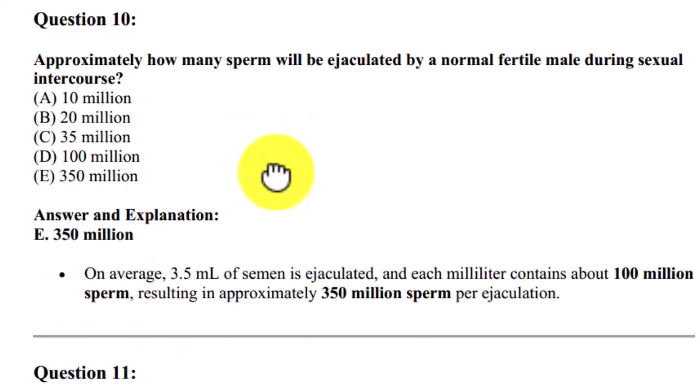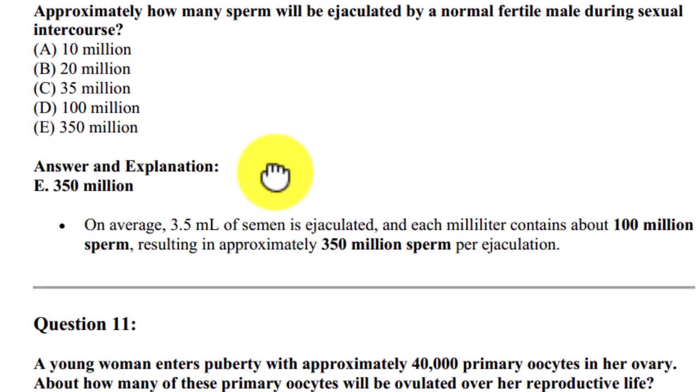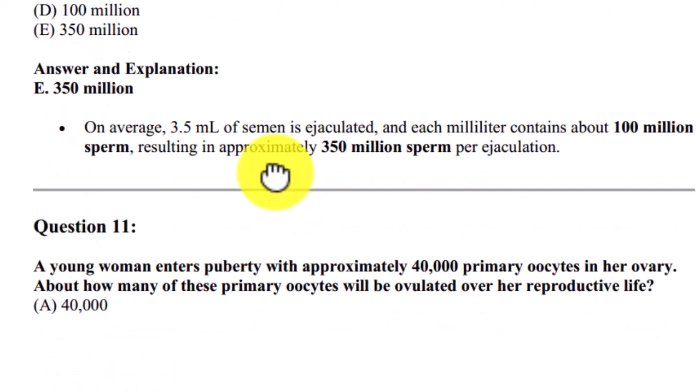Question number 10. Approximately how many sperm will be ejaculated by a normal fertile male during sexual intercourse? 10 million, 20 million, 35 million, 100 million, 350 million. The answer: 350 million. On average 3.5 ml of semen is ejaculated, and each milliliter contains about